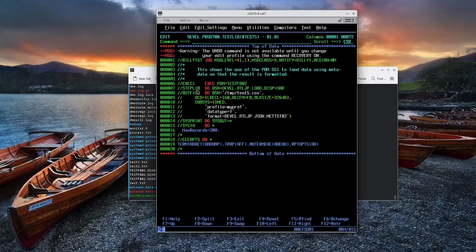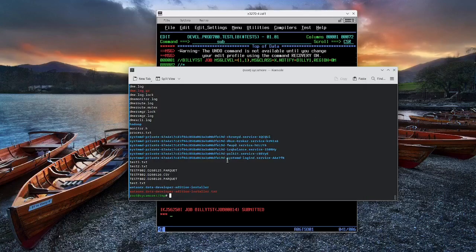And so in this particular case, I'm using the SSI, and I'm specifying the file name. You notice I end it with .csv. That tells PDM that you want it to land as comma-separated values as far as when you use the metadata. So here we give it the same information, and in addition, we specify a format. And this file right here contains the JSON metadata mapping that we generated from the COBOL copybook. So when I send this job,